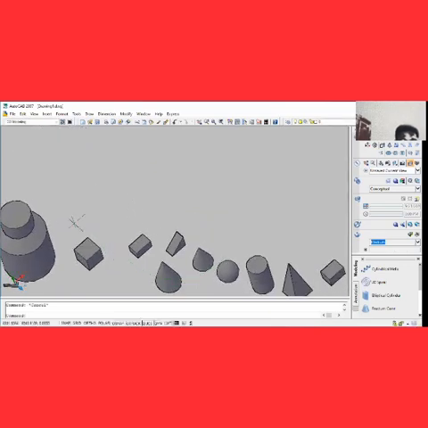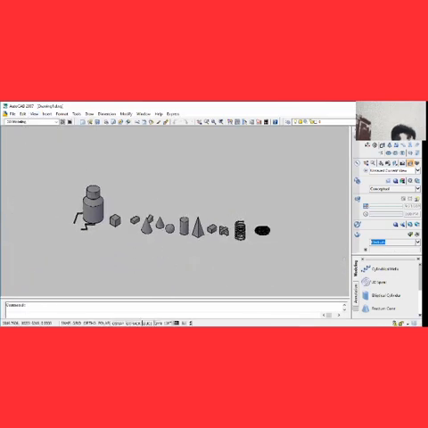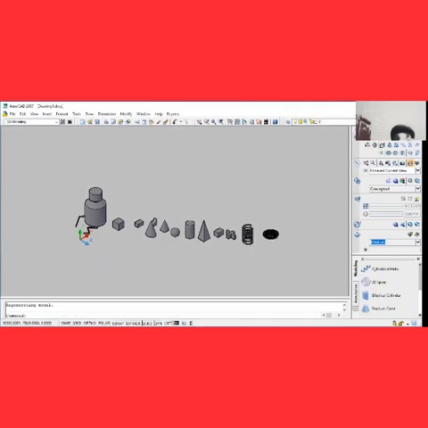So escape. After escaping, you can come to view, and then come to southwest isometric, left click. That is it. So these are all what we have done. Now you can press Z, enter, A, enter, or